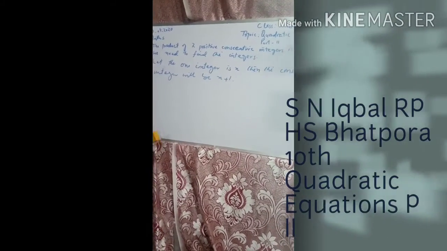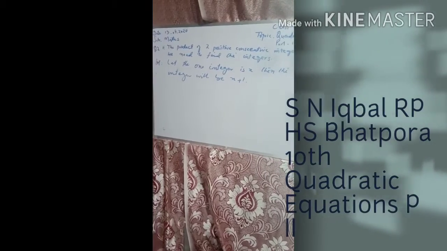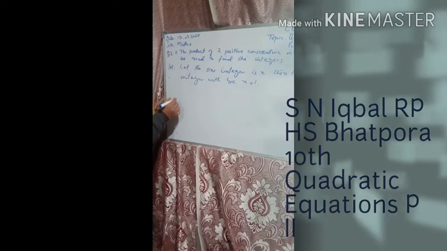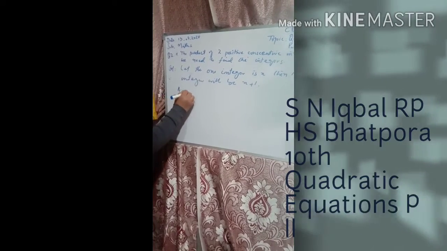In other words, we can say let the two consecutive integers be x and x plus 1. So according to the question,